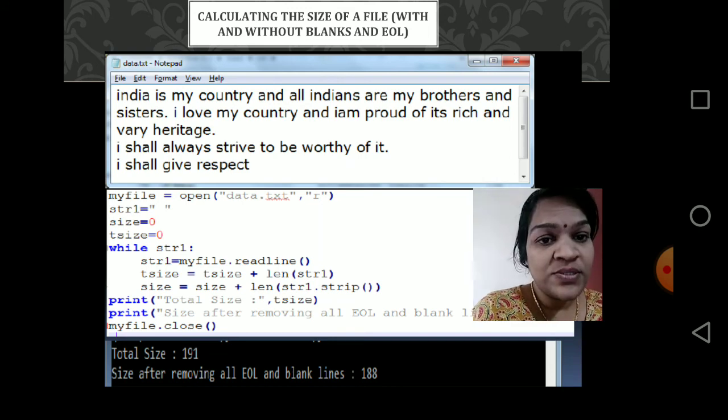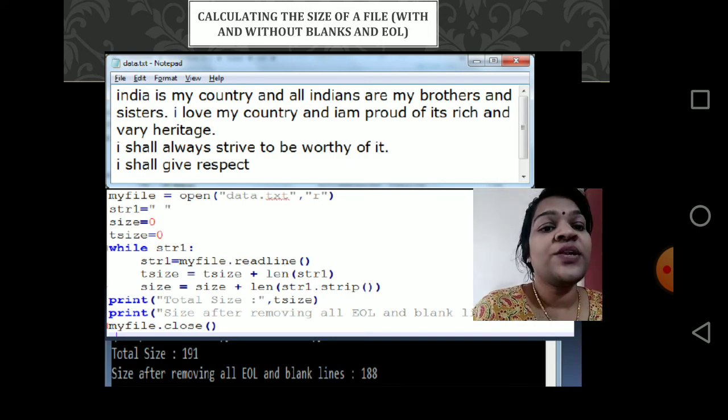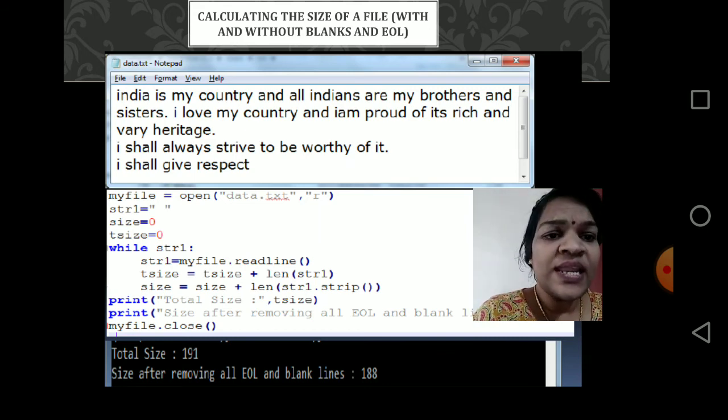Length of str1 is calculated using the length function, and that is added to tsize. So when the first line is read, its length is calculated and added to tsize. The first time it will be 0 plus the length of the first line, and size is equal to the size of the same line, but we are using an extra function there.